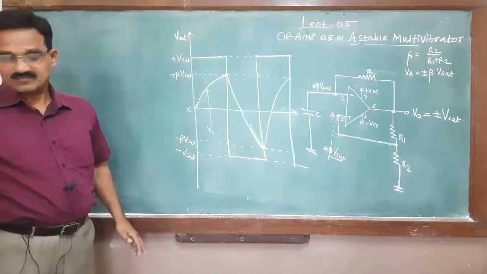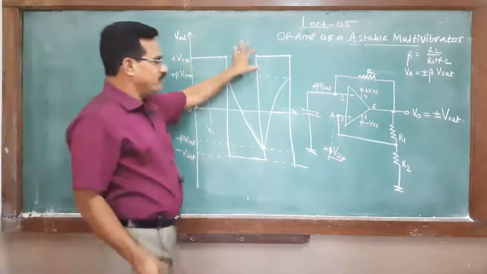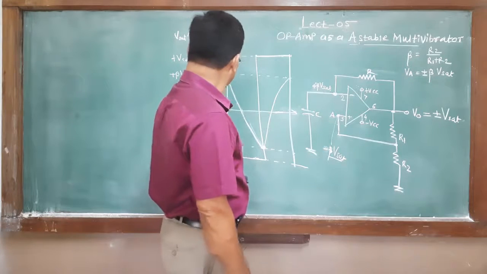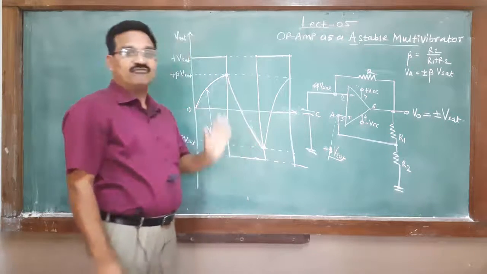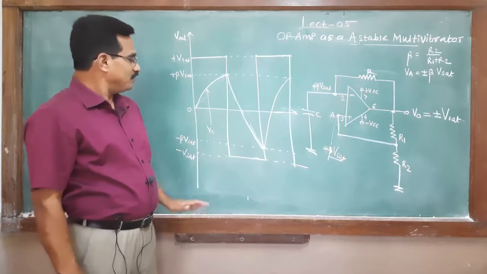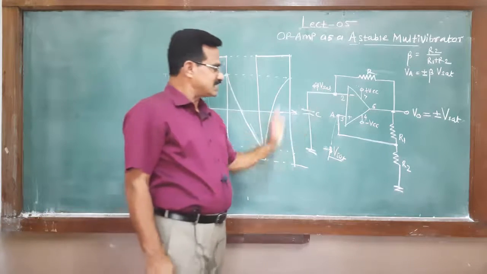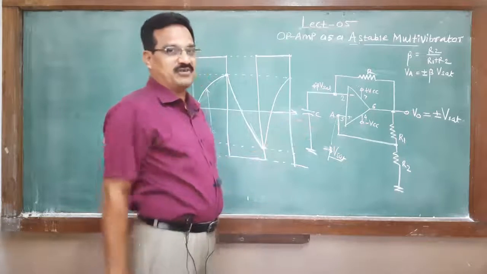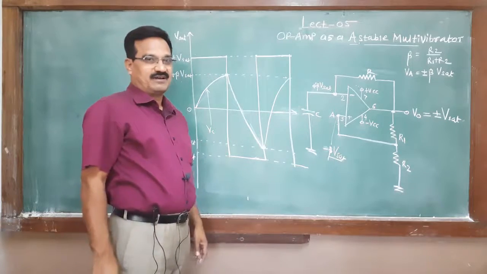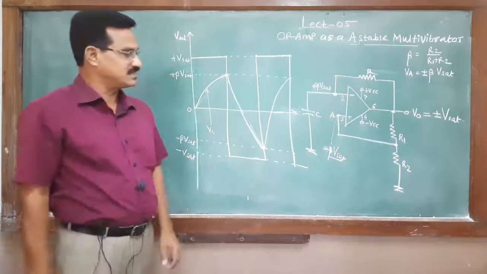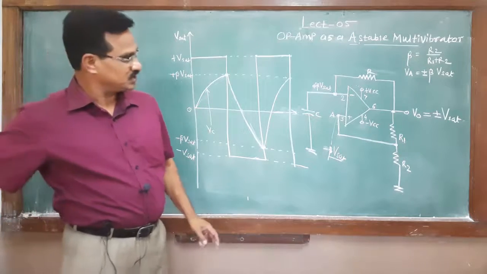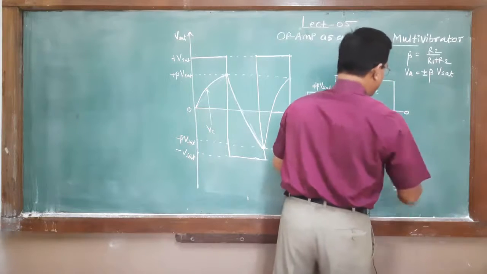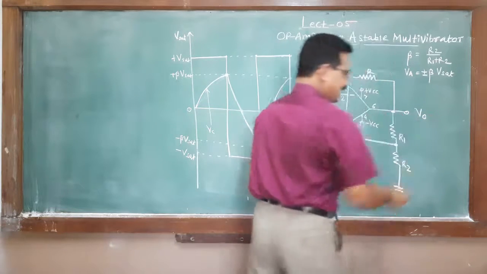After that, what about the frequency of this particular wave? You remember that when we consider this, how will you determine the frequency? And on what factor does that frequency depend? We get here the positive saturation, negative saturation, no doubt. Here the output is actually positive or negative. But how will you obtain the expression?